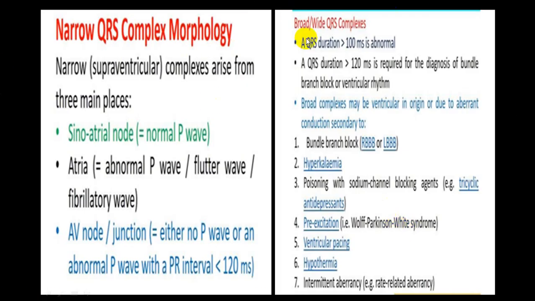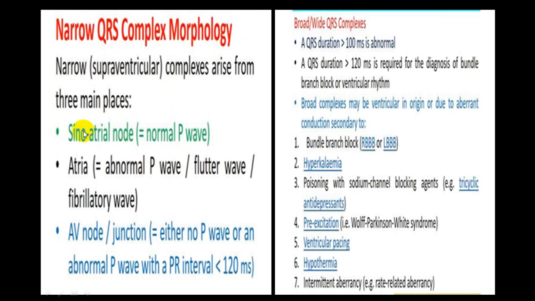Now we are going through the broad QRS complex. A narrow QRS complex you will get in a sinus rhythm, atrial rhythm, AV nodal rhythm or junctional rhythm. In these conditions, because the impulse passes through the normal pathway, from the AV node, bundle of His, activates the septum, then the right bundle and left bundle, and then the Purkinje system, that is the ventricular wall, we have a normal QRS complex, which means not more than 3 small squares, or 0.12 second.